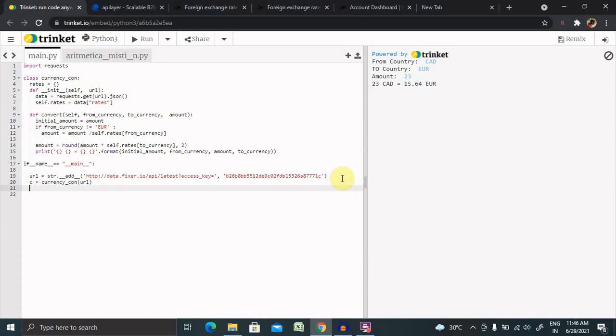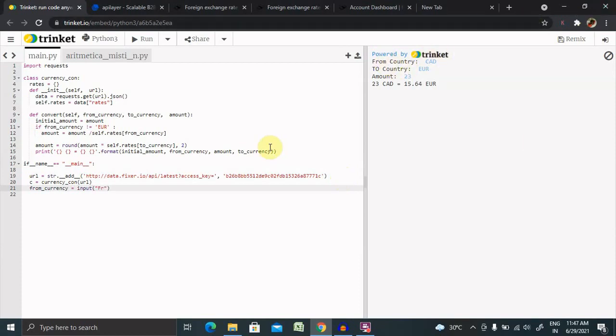Now we are going to take user input. So from currency equal to input from user. So for taking an input, we are defining here from currency, the text which we can see here.